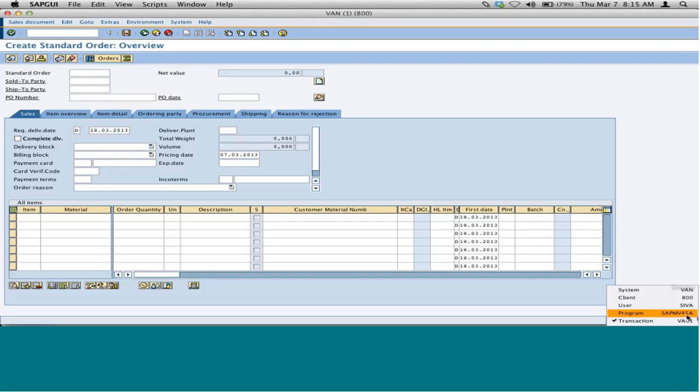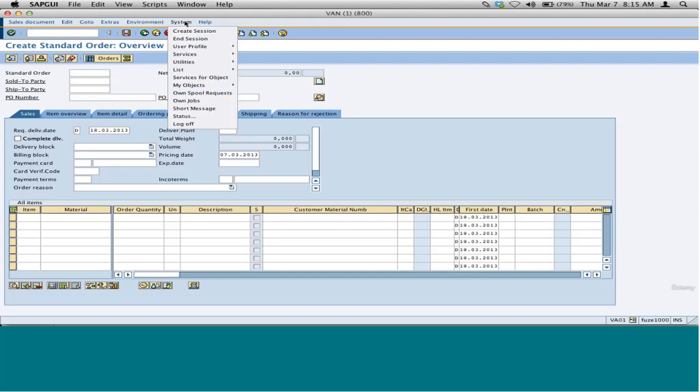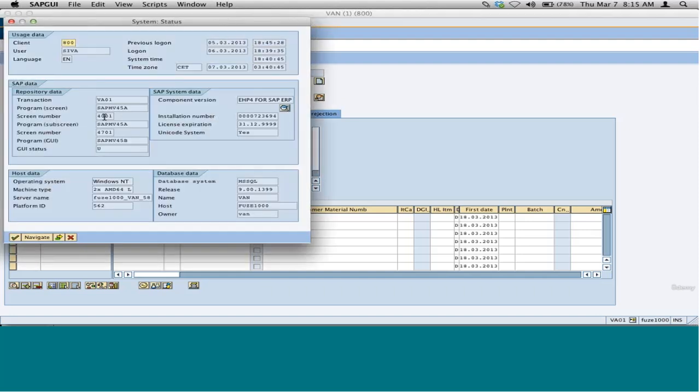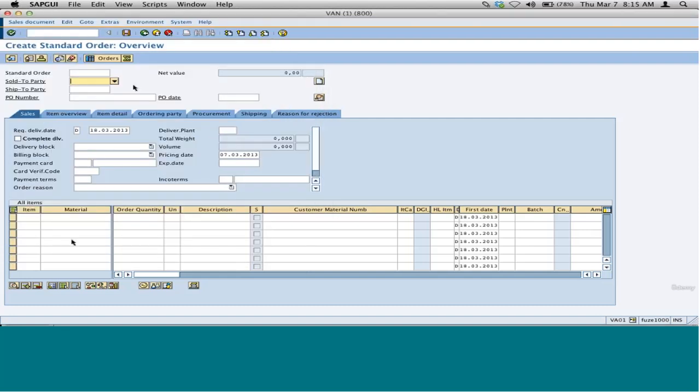This is one way to know the program. Is there another way? Yes. Go to System in the menu, go to Status, and you can see the program here as well. Okay, so I'm copying that program, SAP MV45A, closing this,